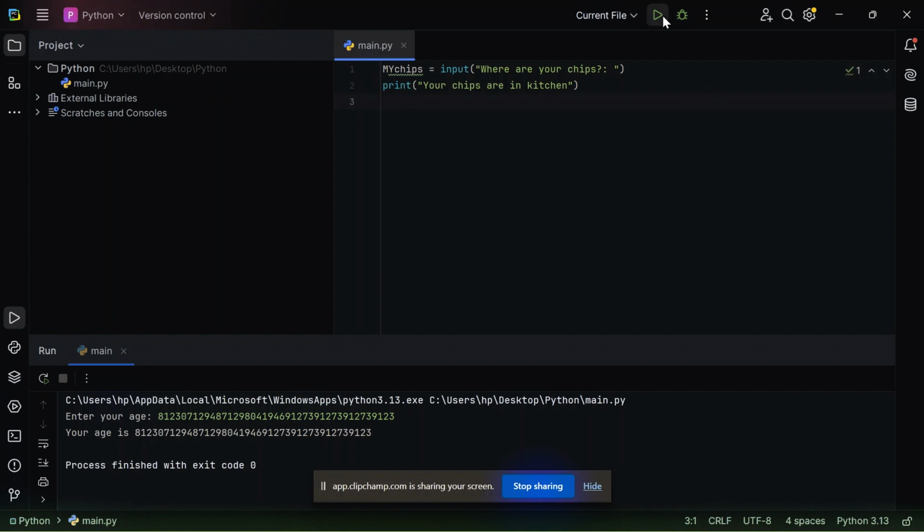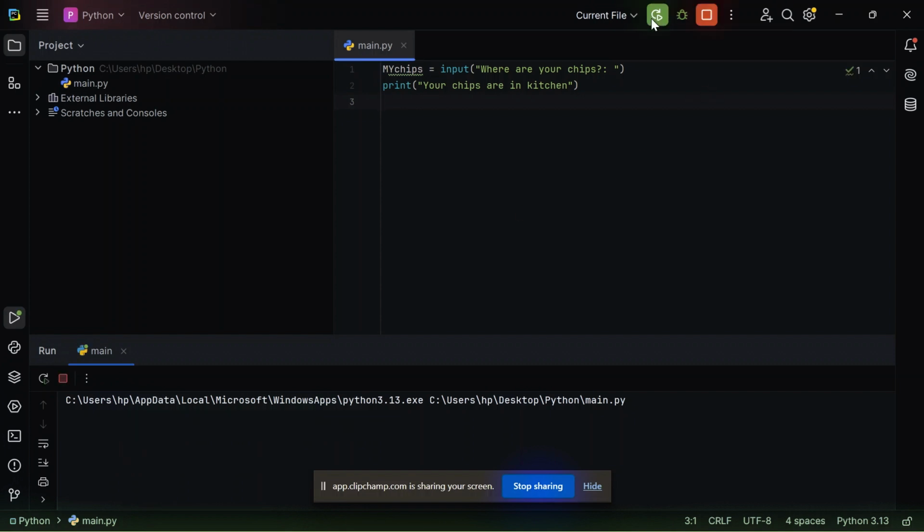So what we did was, if I run this, we can see it will ask me where are your chips. This may take some time. Now it asks me where are your chips. Let me fix it, run it again.